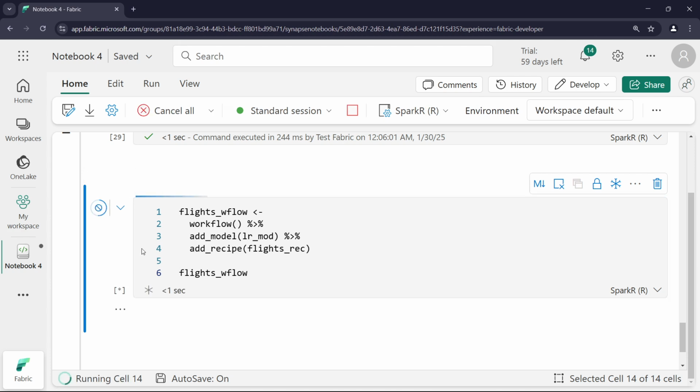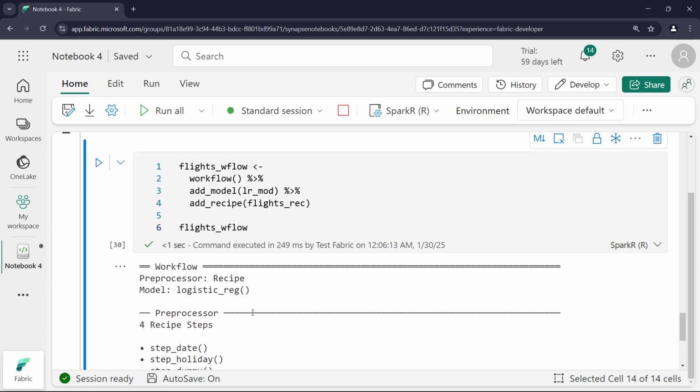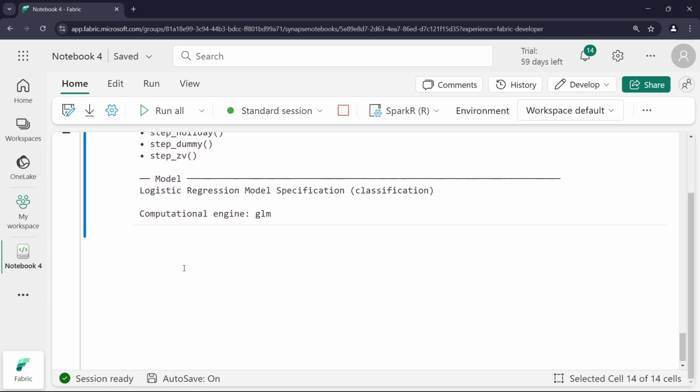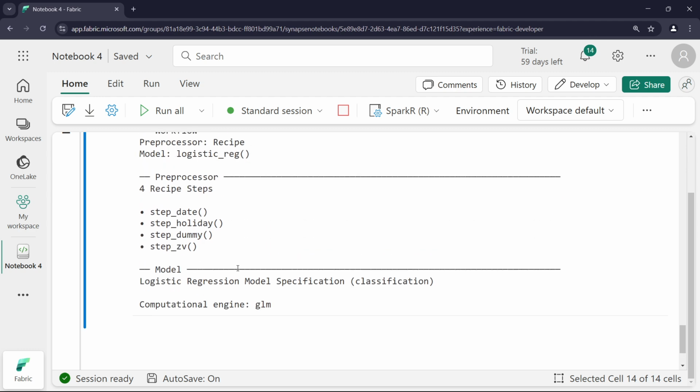Then execute the code. Click on the play button and we can see